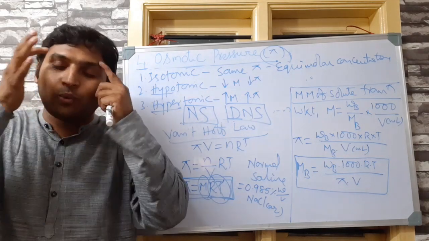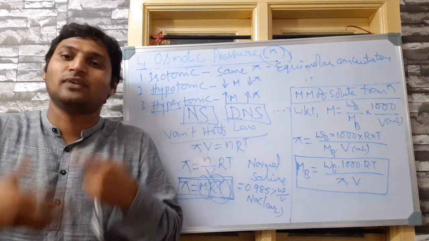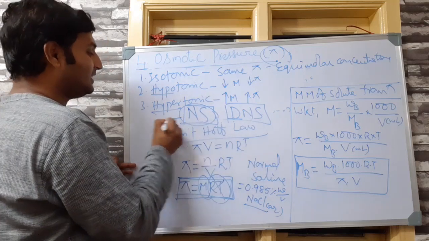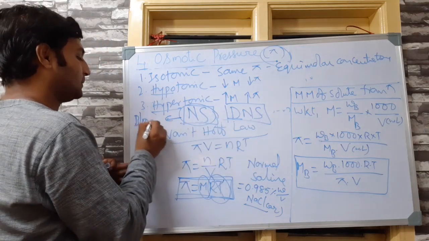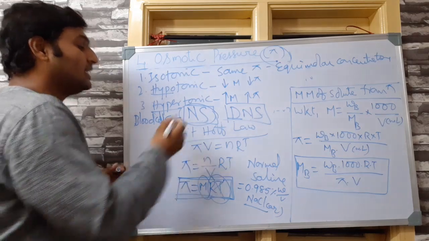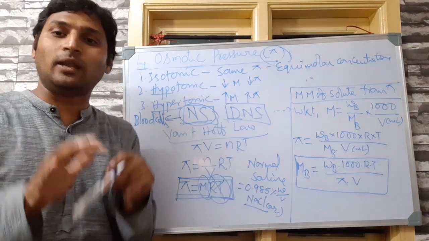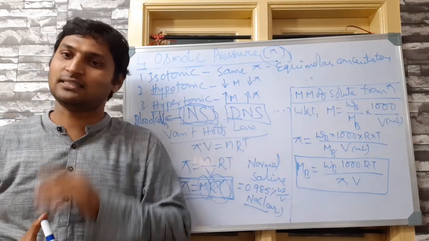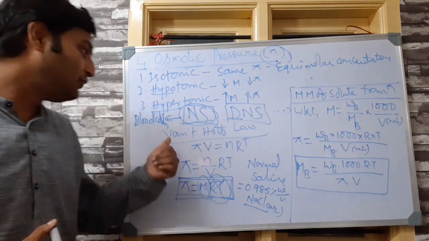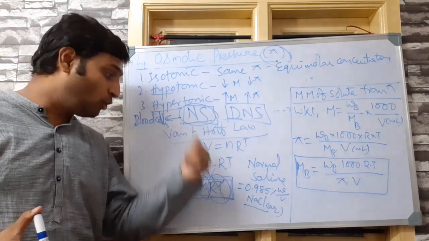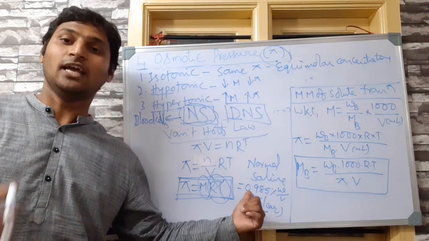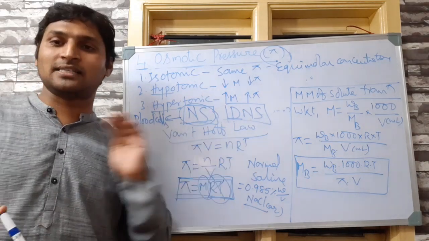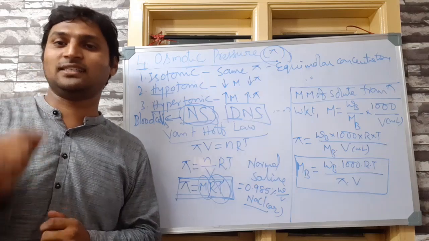Now, why do we exactly maintain that concentration? The reason is simple. This normal saline composition which I have mentioned here is isotonic with blood cells. That means the concentration of blood cells and the concentration of this normal saline will be the same, so that no osmosis occurs. Whereas if you inject intravenously any saline solution with concentration more than normal saline, for example, then what is happening?